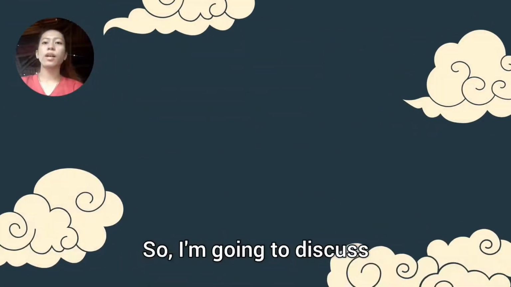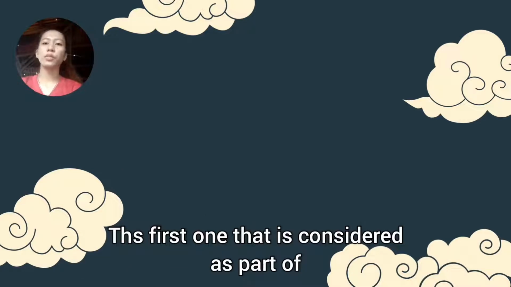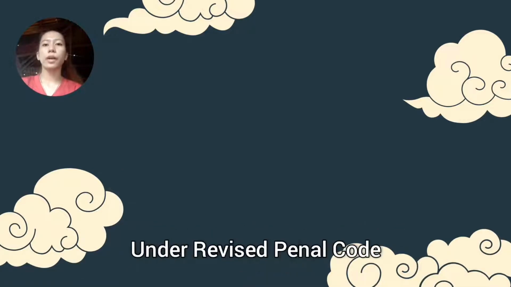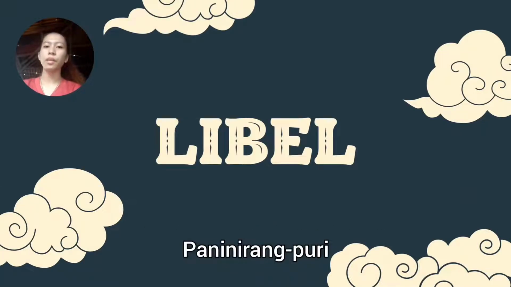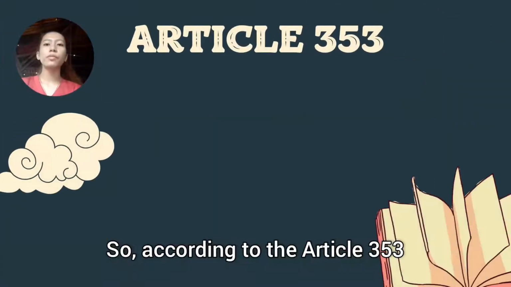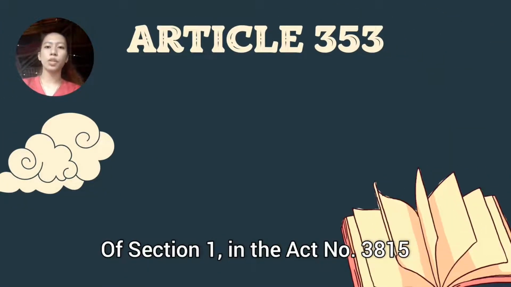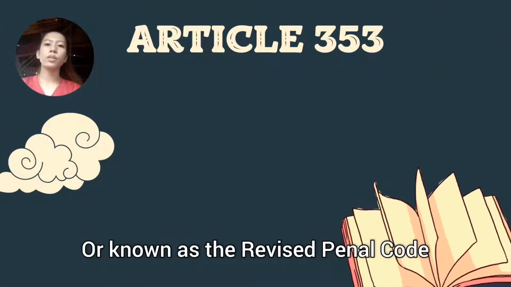So, I'm going to discuss the first one that is considered as part of the crimes against honor under the Revised Penal Code. And this is libel or defamation, or in Tagalog, paninirang puri. So, according to Article 353 of Section 1 in Act Number 3815, or known as the Revised Penal